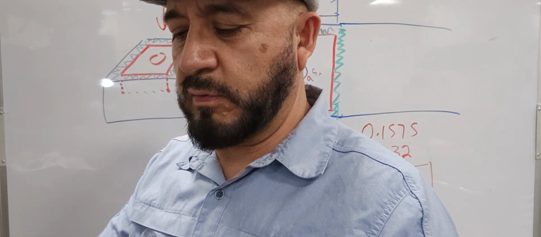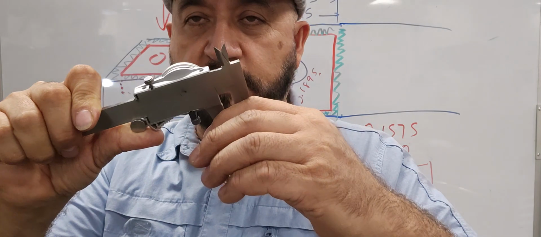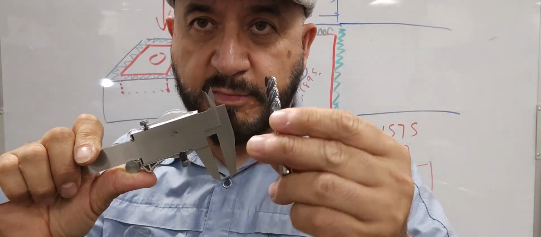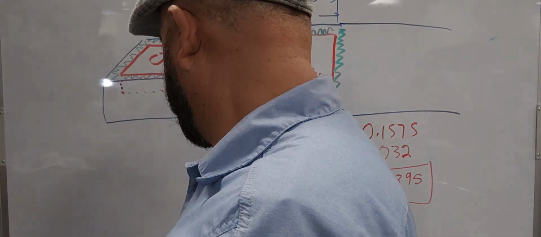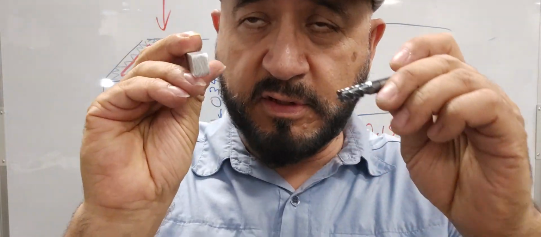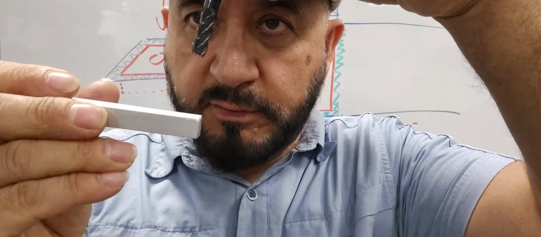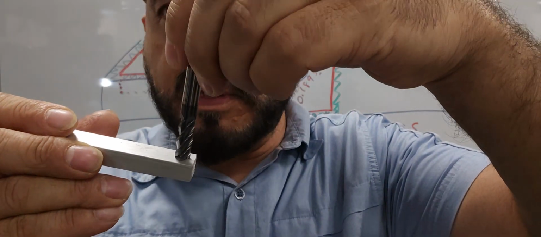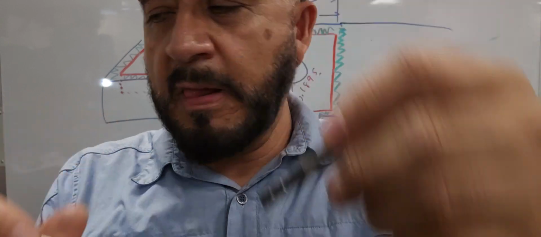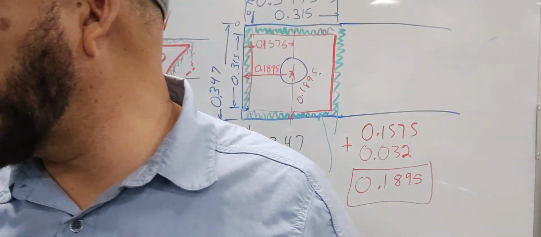Oh, 312. I'm looking at the cutter right here that I'm going to be using. 312 of this cutter is going to go right into here to create that pocket. Now I measured 312,